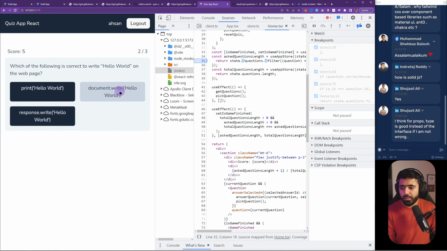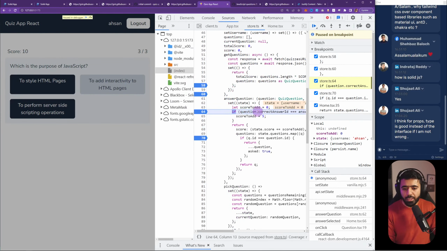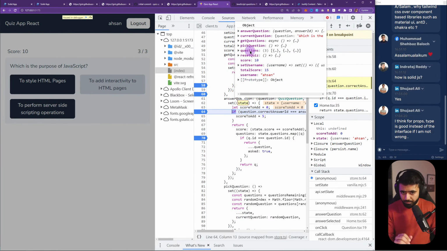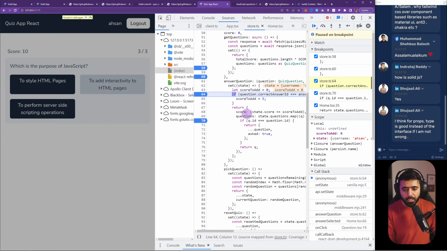Gonna select script, this, and now let's try clicking here. Now it goes ahead and checks the state. The question is still 3. And if I go ahead, the score is here. The question is also here. So now I'm going to play this